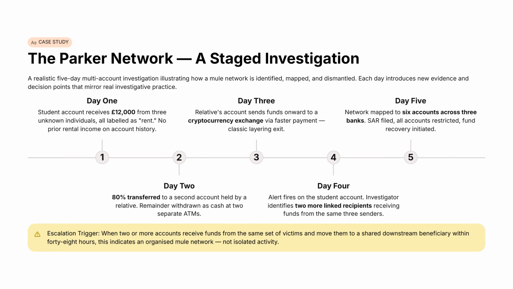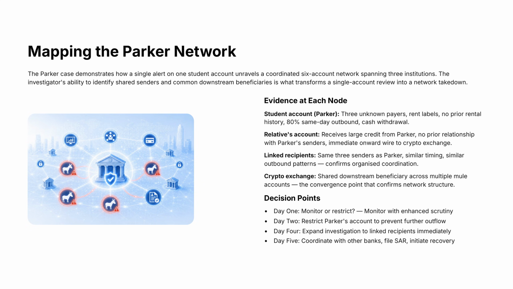Here is the key escalation trigger. When 2 or more accounts receive funds from the same set of victims and move them to a shared downstream beneficiary within 48 hours, this indicates an organized mule network, not isolated activity. The Parker case demonstrates how a single alert on one student account can unravel a coordinated 6-account network spanning 3 institutions. Your ability to identify shared senders and common downstream beneficiaries is what transforms a single account review into a